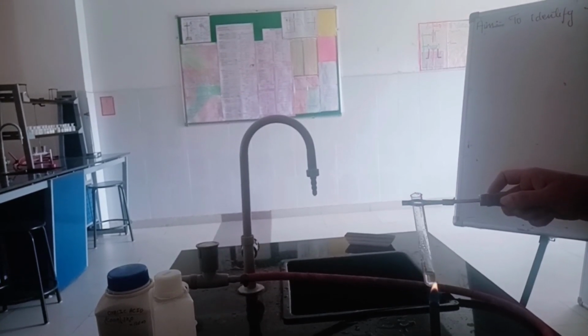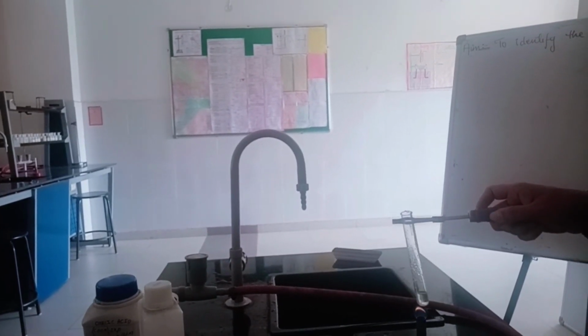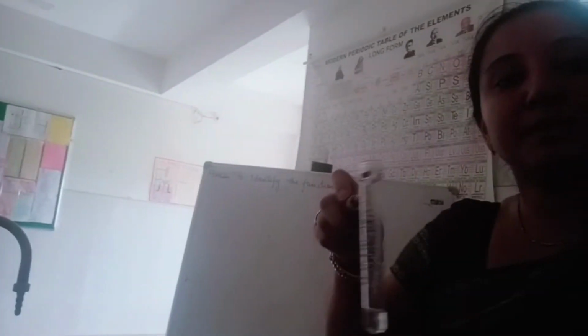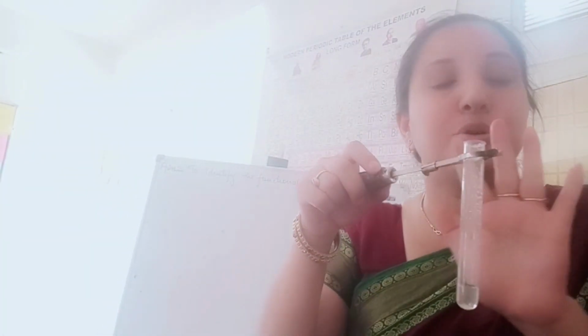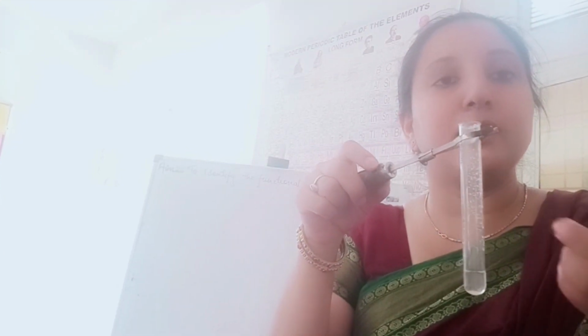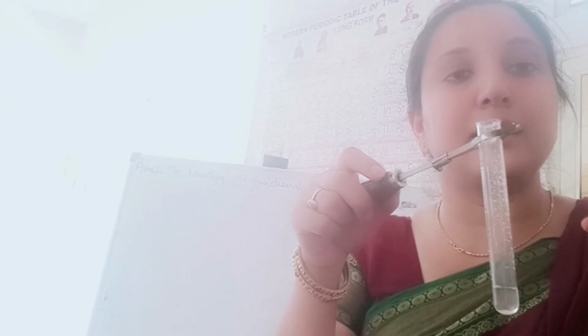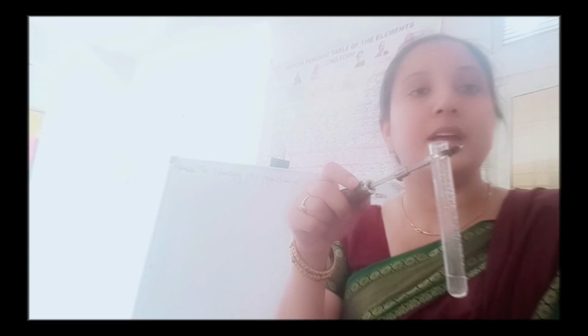Now, as it has started to boil, you require to smell it. On smelling, you will find the fragrance of the fumes which are coming out from it. They are giving you a fruity smell. If there is a fruity smell, it means that the given compound consists of the ester group.